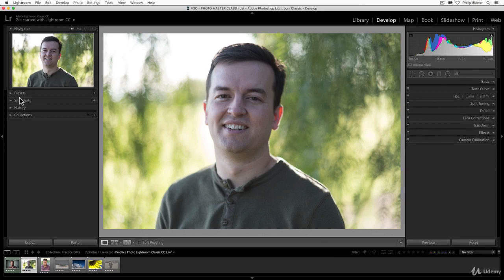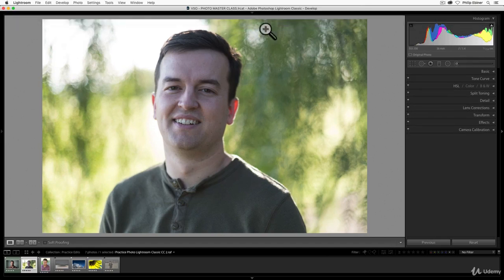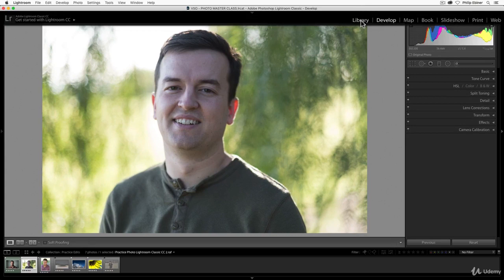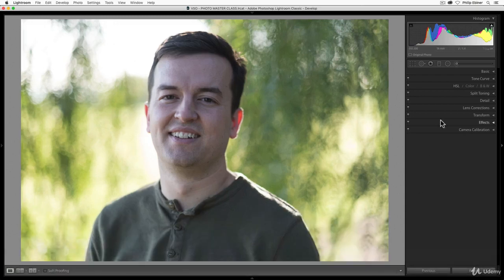And there's also some presets over here on the left-hand side. To adjust the size of your windows, sometimes I'm just not using this stuff over here right now, so I'm going to click this little arrow on the left-hand side. And then say I want even more room at the top and I don't need this menu up here, I can click this arrow. And then if I just hover over it, I can click on it up there, which allows me to have a bigger canvas for editing. Same here, I can click down to get rid of that sort of tray at the bottom with all our photos.